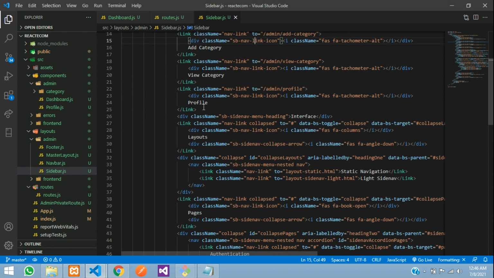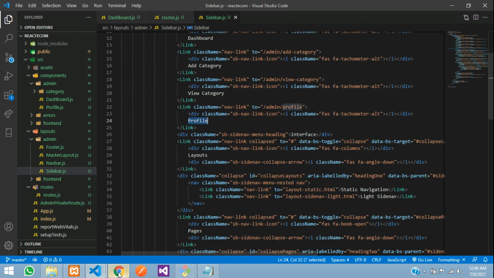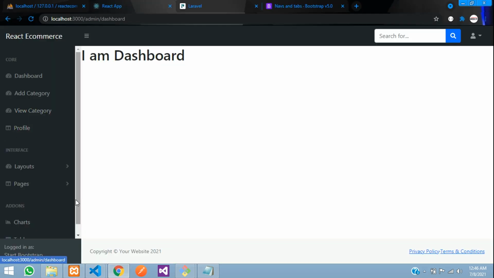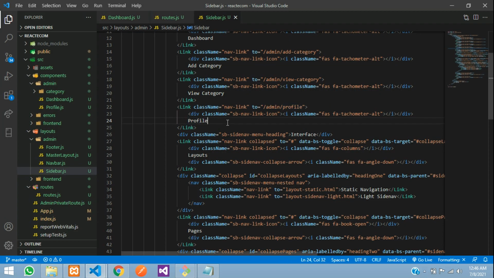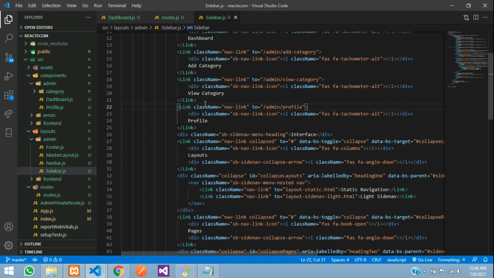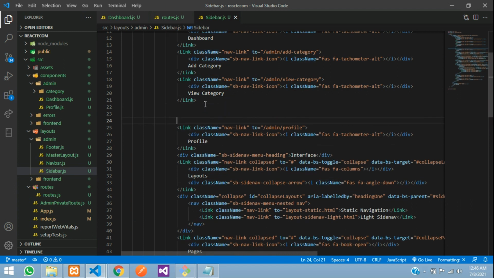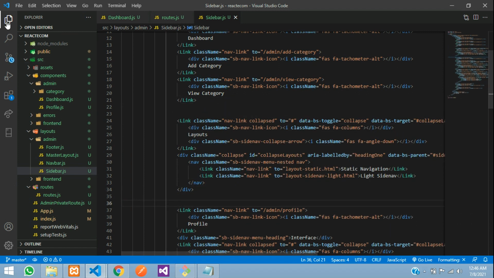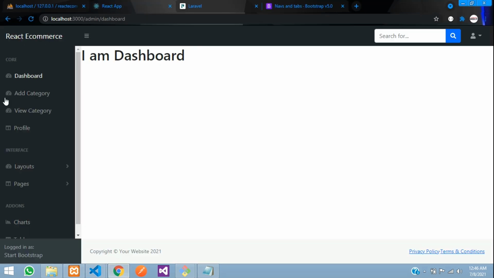So at this sidebar, this is the profile which you can see over here. Okay, let's get back. This is the layout. Let me just copy and paste it over here. So you can see the output over here. So these menus are coming, right? So this only we are going to edit,